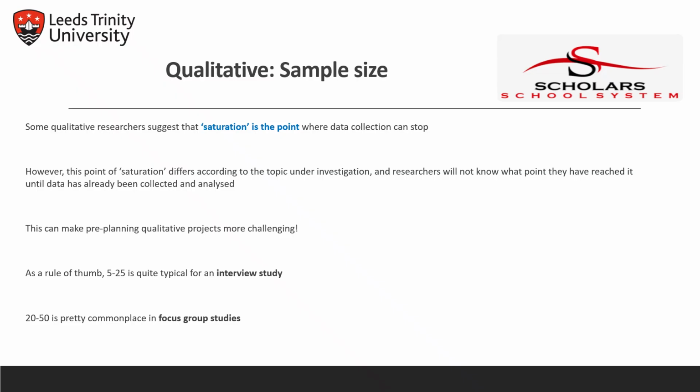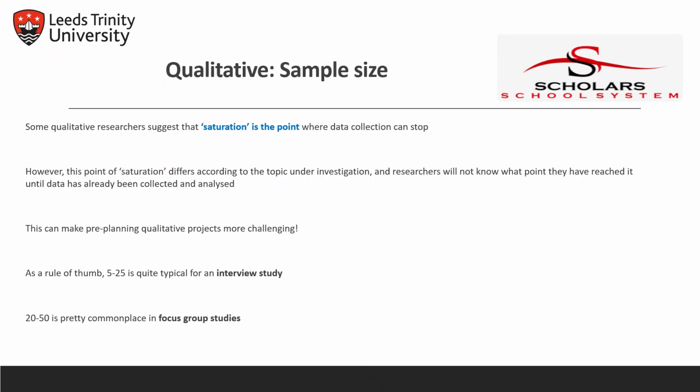The most generally used research methods for qualitative research are interview studies and focus group studies. For qualitative research, it is suggested that the saturation point is the better guide for collecting data, but it is very tough and complicated for the researcher to know where the saturation point is until they have collected and analyzed all the available data regarding their area